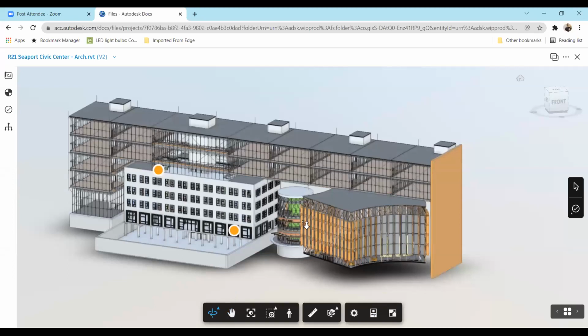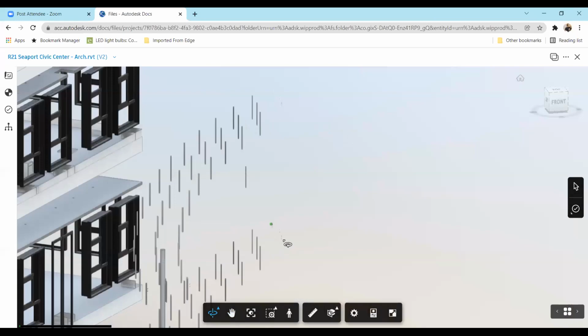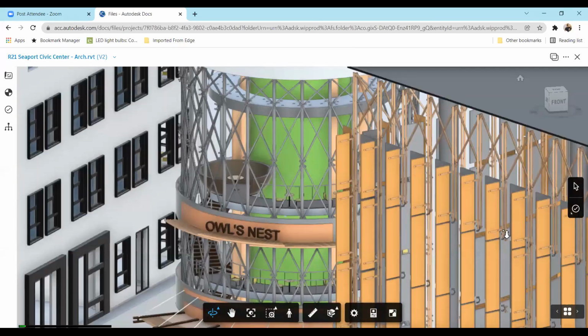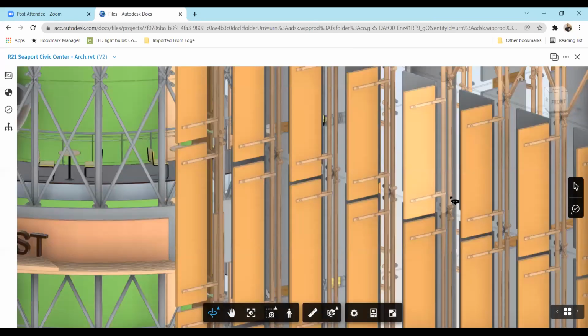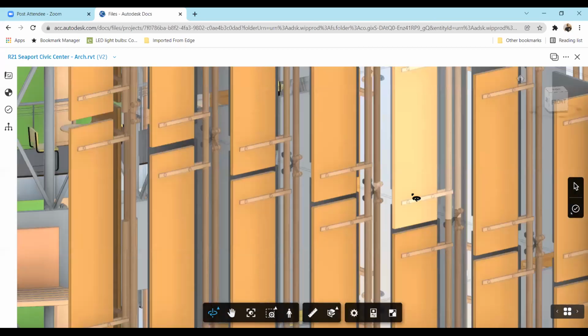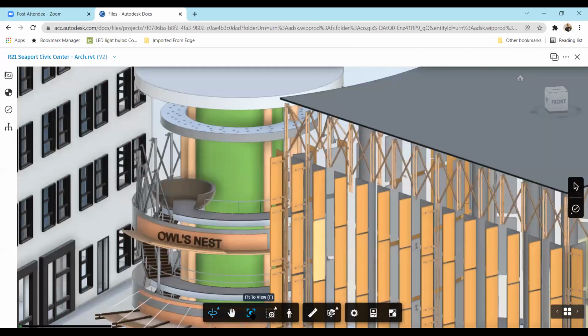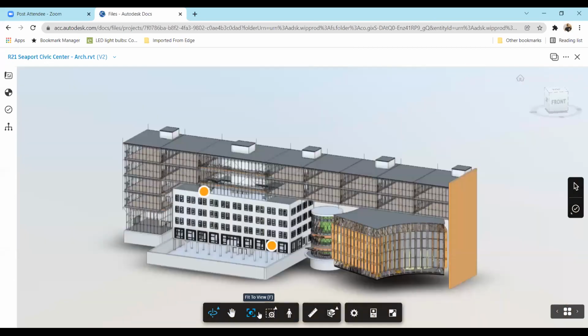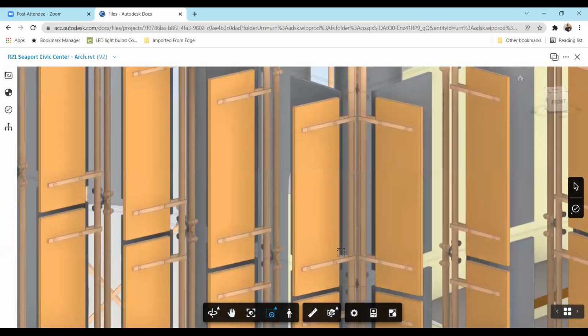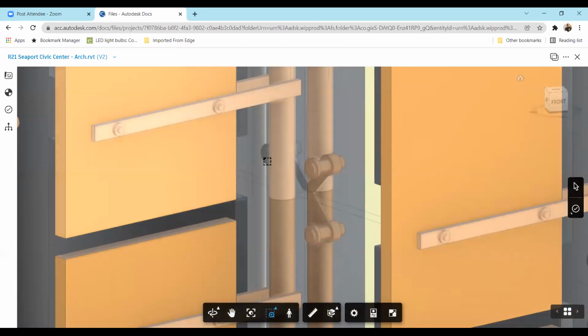Apart from that, we can also just zoom into a particular area. Like let's say I want to zoom into this particular area and see some fixing details of this. And then later on, I want to scroll out of that. So here I have the option for fit to view, and I'll be able to fit to this view very easily. Plus for zooming in, I have two options. One is just the scroll in, scroll out zoom, and the second one is the zoom window. So I'll be able to easily zoom into any extent possible and just see maybe this kind of spider fitting which is available over here.